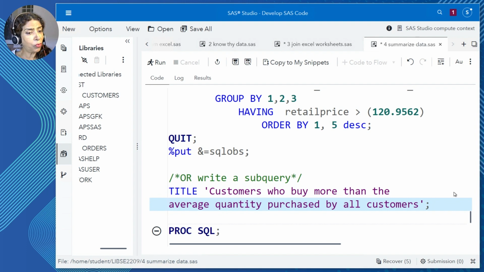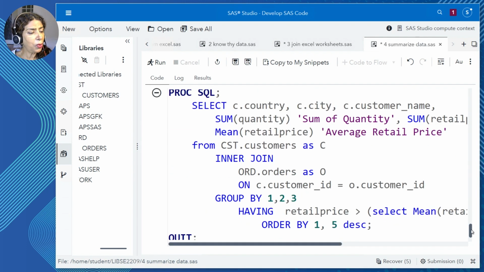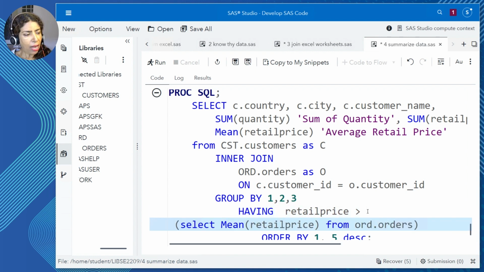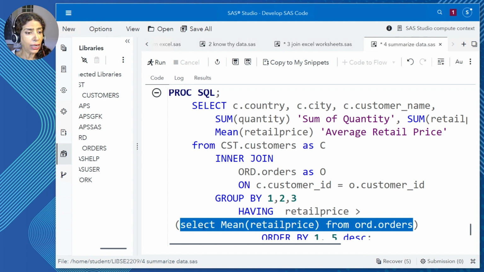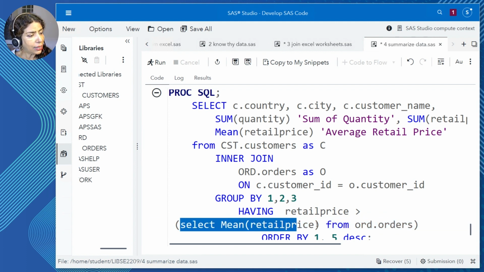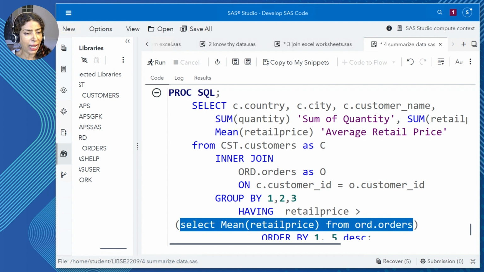As I mentioned before, a subquery is a query within a query. So all I'm going to do is where I had hard coded the mean, I'll just stick in that entire first query in there. That's all it is. This here is an example of best practices.